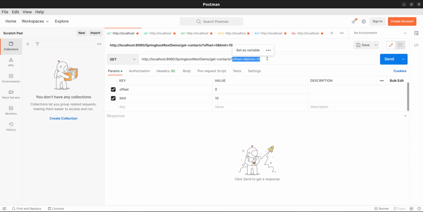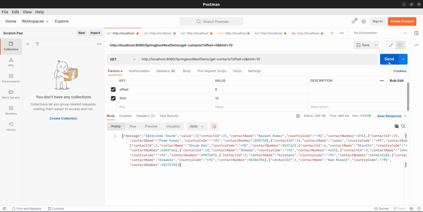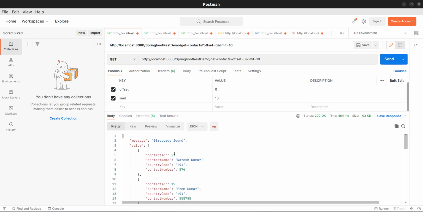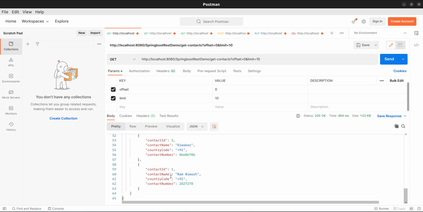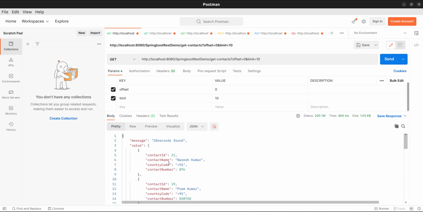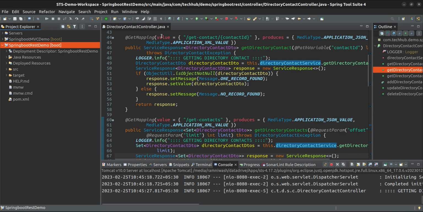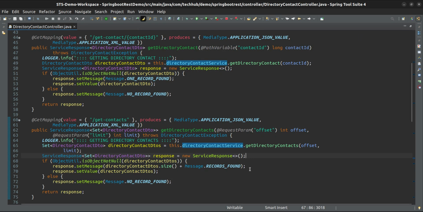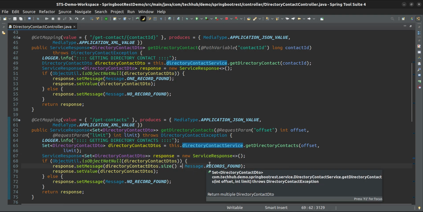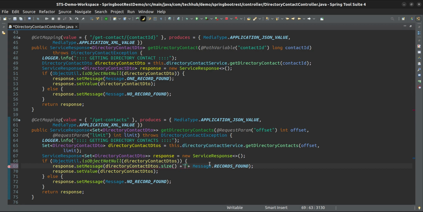Now if I hit this URL, you will get 10 records. How many records did you get? 10 records. You can see it is clearly saying 10 records found. This message we are adding, so it should be added like this, and it will work.